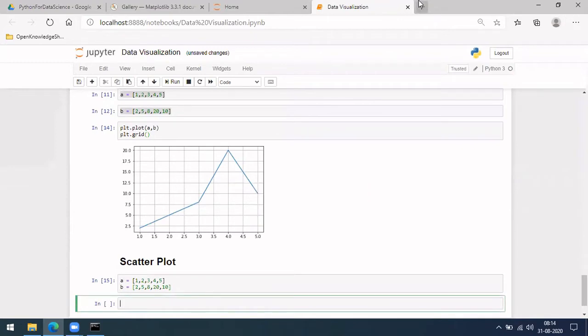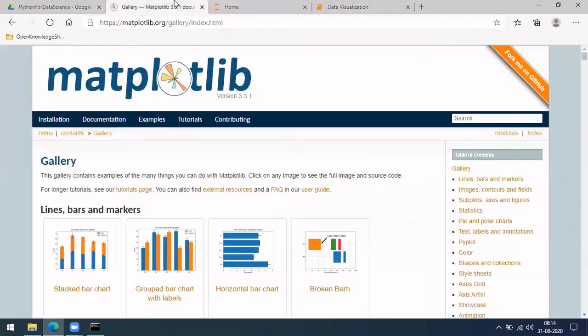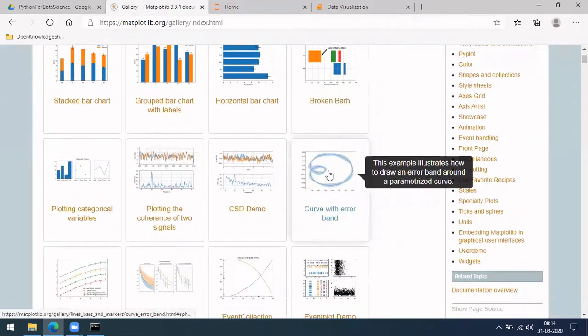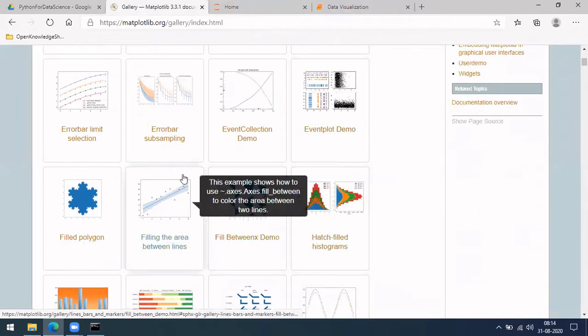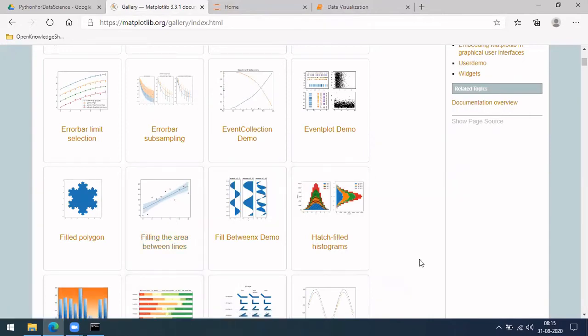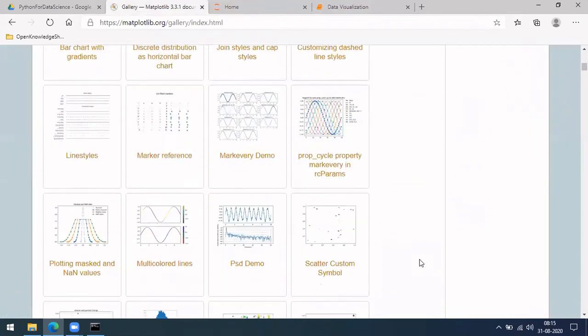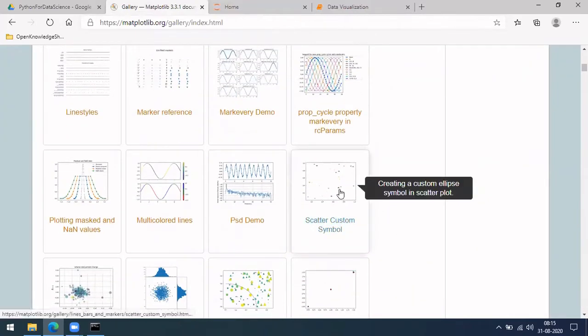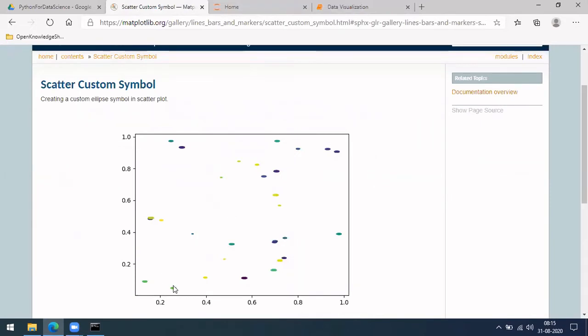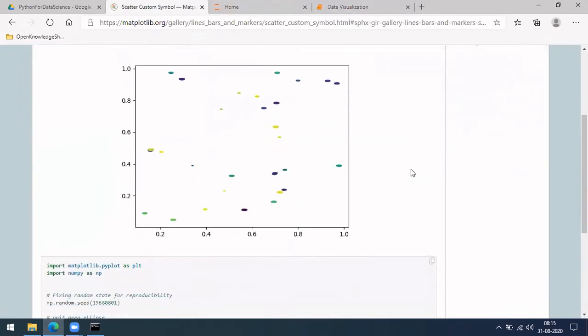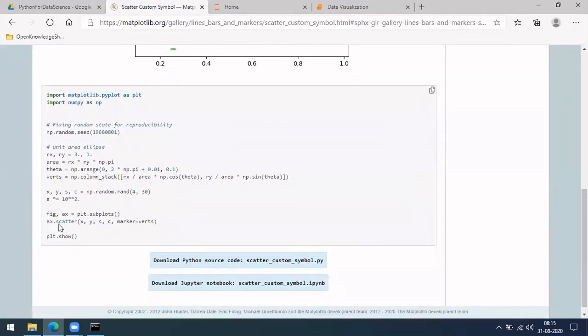For scatter plot, what it actually means is that instead of having a joining line, you only have those points. Let me show an example here. It is not entirely this, but you will have these dots, whatever you saw here, instead of these lines. Those are scatter plots. Something like dots, dots, dots, only wherever those particular values are. You can do it this way as well.